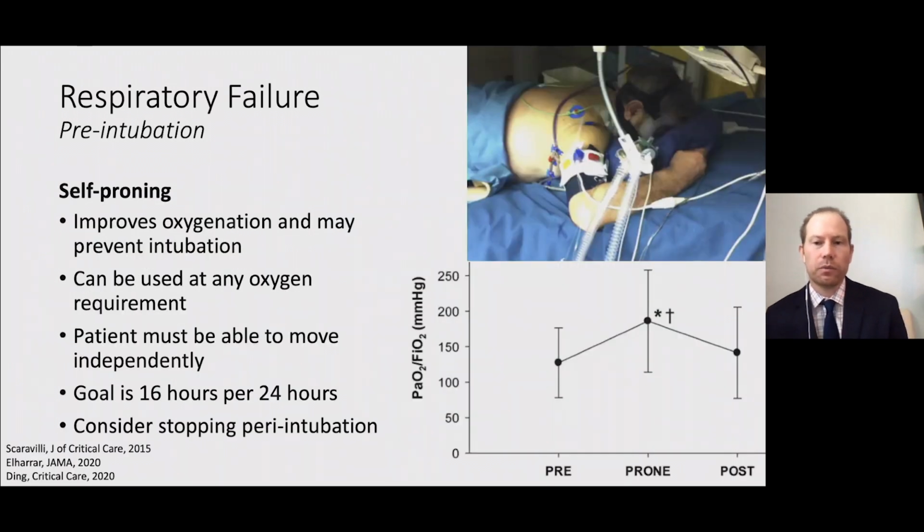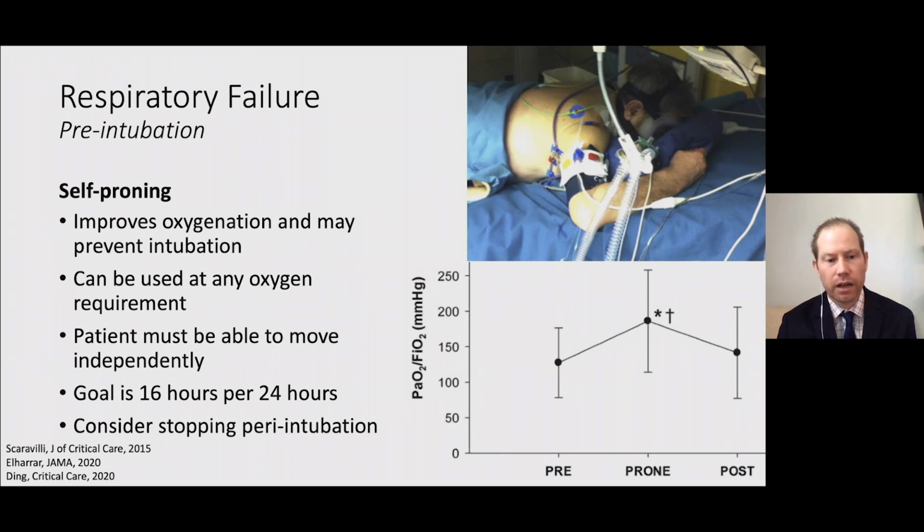The other thing that we might consider in these patients pre-intubation, something that we've considered in patients with ARDS previously but has not really caught on until the era of COVID-19, is self-proning, or having patients roll onto their stomach prior to intubation. There are good data from several small studies showing that this improves oxygenation both in ARDS in general and in patients with COVID-19, and you can see that in the bottom right of the slide, where the PaO2 to FiO2 ratio improves, that is, gets higher, when patients are proned compared to before and after proning.